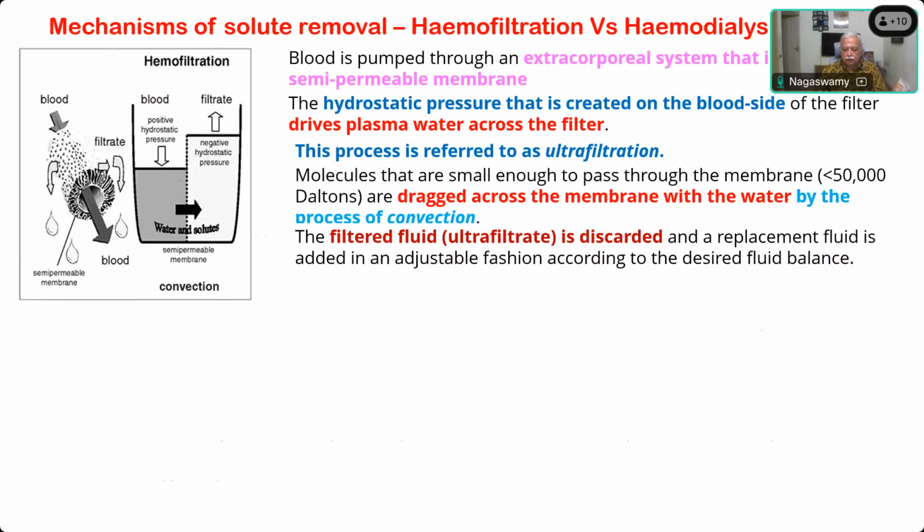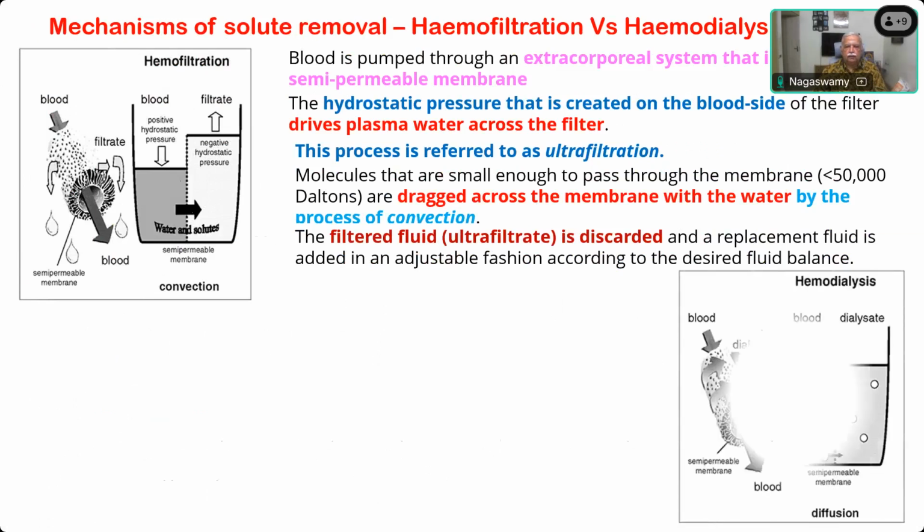So this is mainly done to remove the excess water. So most of the time, the patient may not require any additional replacement. But in case he goes in for hypotension, you can always replace the fluid and increase the volume and maintain his hemodynamic stability. Now the second method, which is called hemodialysis, again there is a kidney or a filter,